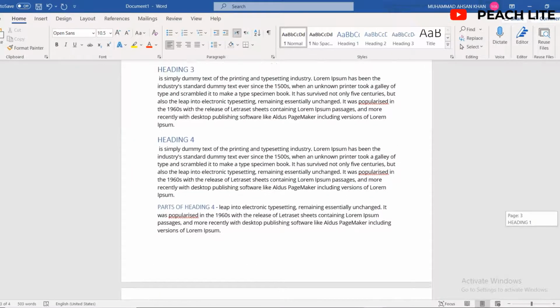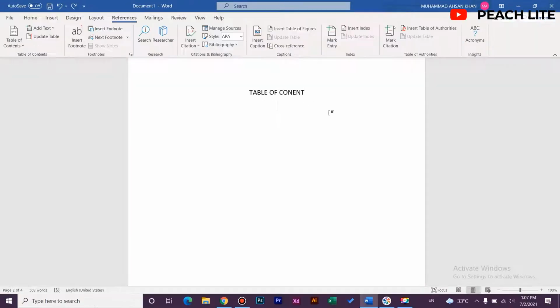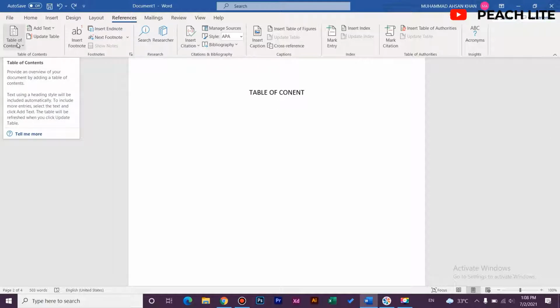So basically I selected all the headings. After everything is selected as Heading 1 and Heading 2, like this subheading, we just click on the References tab and come to the Table of Contents, which you can see in the left corner.